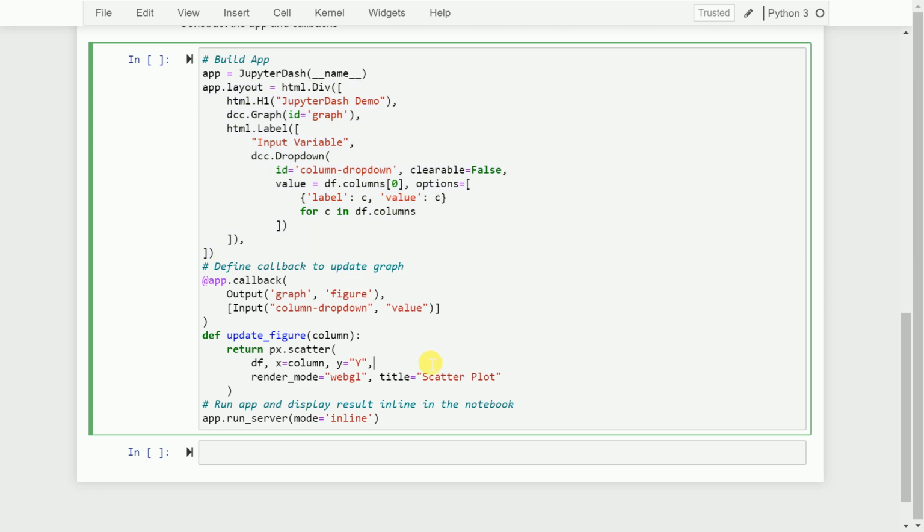Having done everything, now I am in a position to run my application. The way I do that is by calling app.run_server and I specify mode equal to inline. Once I do that, essentially I will have a Plotly web application running in the Jupyter environment that would be dynamic in nature. That is something which is unique and it's never happened before, and going forward I can see a lot of people making use of dynamic visualizations in Jupyter Notebook. So without keeping you waiting for the suspense, I'll unfold it by running the cell.